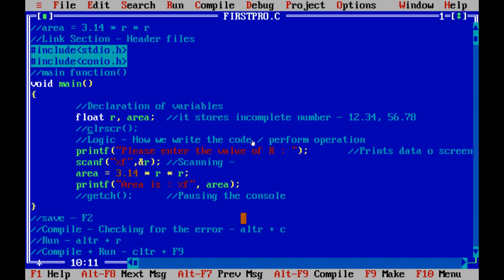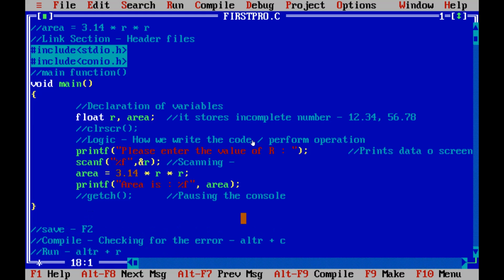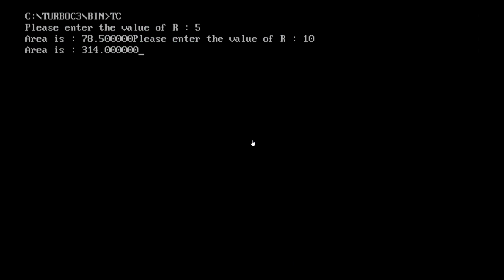But now if you want to see the answer, what do we need to do? We need to see the console again. So how to see the console? To see the console, we can press Alt plus F5. So I am pressing Alt F5. So here your answer is there. It is not that because you have not written getch, your program doesn't get executed. No, it is executed and you are also getting the answer, but your screen disappears so quickly you cannot see